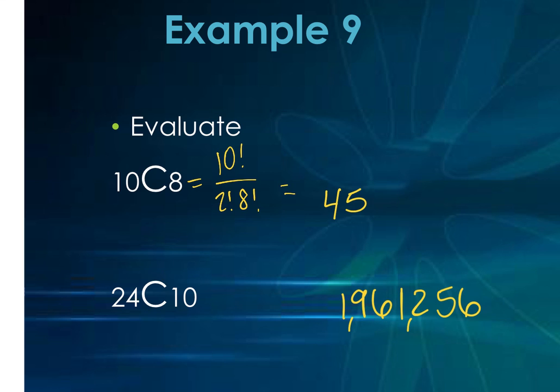Very good. And so, can anyone walk me through 24C10? Xavier? So I did 24 factorial over 14 factorial times 10 factorial. And I got 1,961,056. Let's go. Those are both correct, okay? Now, before